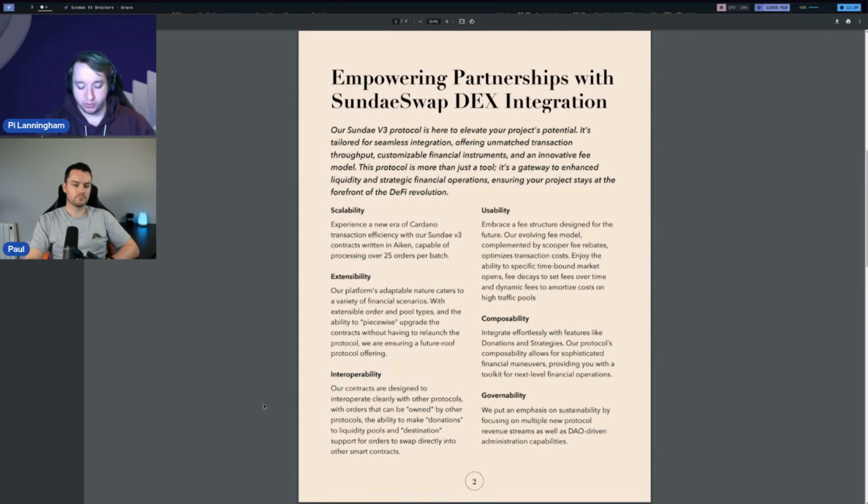We've put a lot of thought into how the Sunday protocol lasts, and really, we've always been shooting for a decentralized organization that runs the protocol.